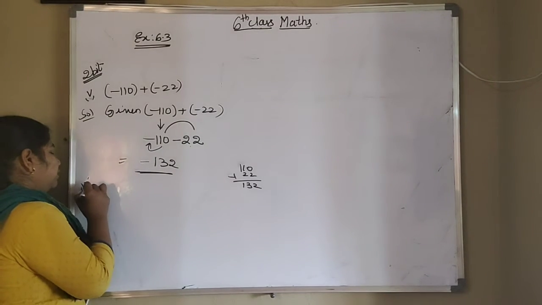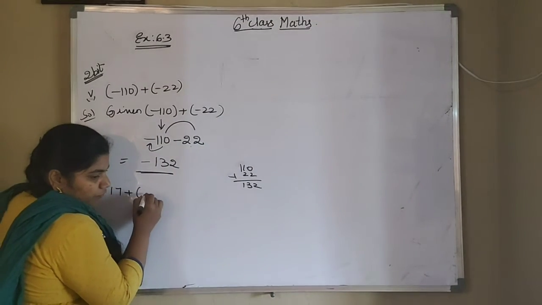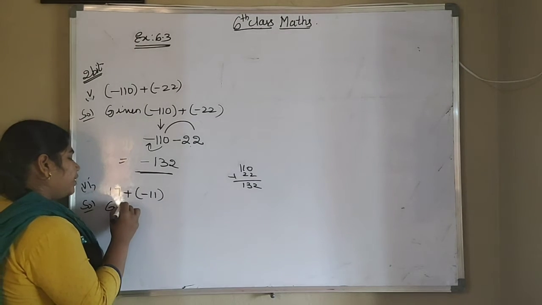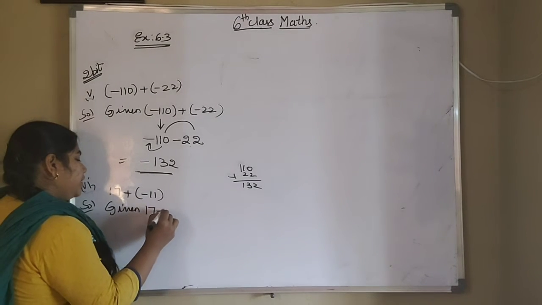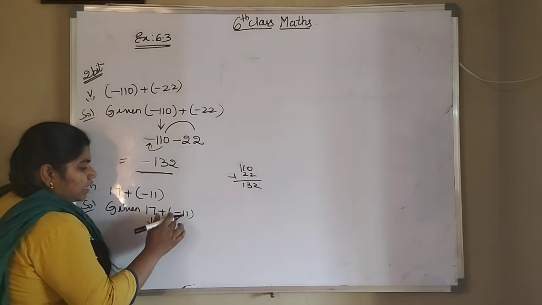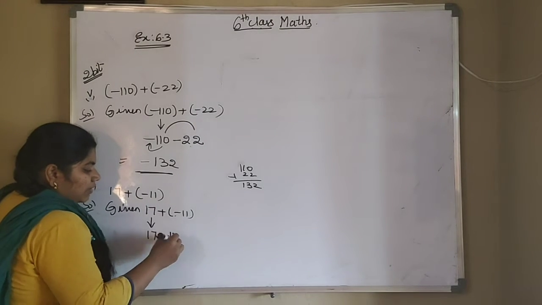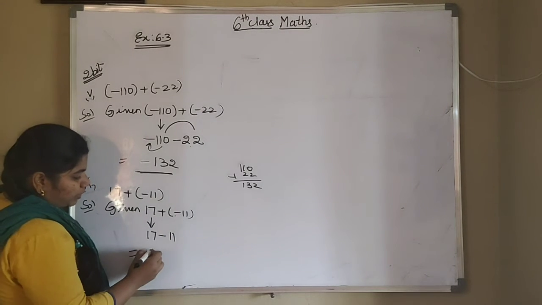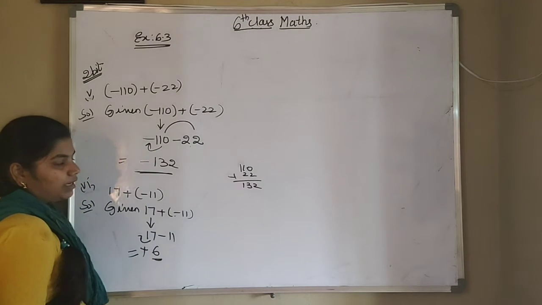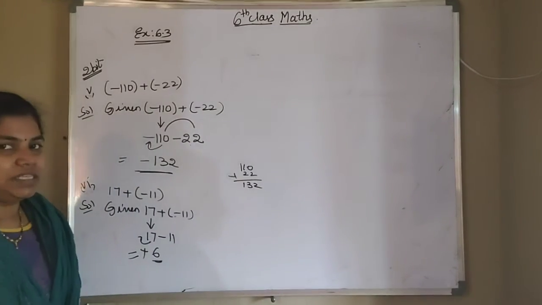Next, sixth one. That is 17 plus of minus 11. So again the same problem what we did like before one. So 17 plus of minus 11. So first number write as it is. Double sign convert into single sign. Plus into minus is minus, 11 as it is. So how much it will be? 6. And what is a bigger number sign? Plus. If you are not seeing any sign, that means it is having a plus sign. So answer is plus 6 here.